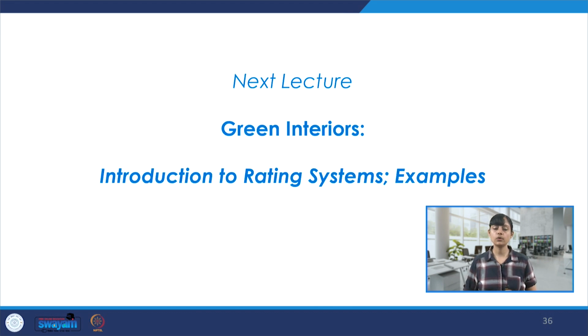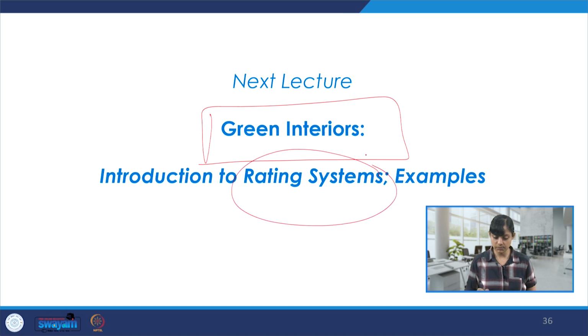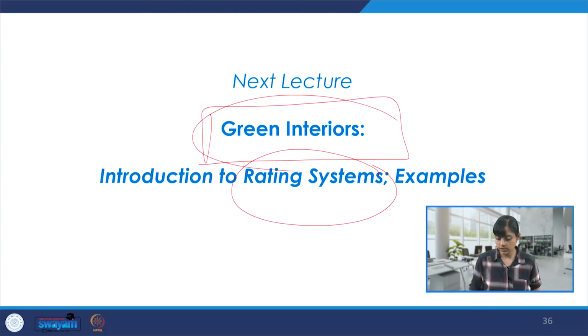So we are going to focus now on green interiors, which is a very interesting subject, very crucial. And we will focus a bit on rating systems. We'll see some examples. And within this, the entire protocols or methods in which the rating is done, and the interiors are designated as green, there is a very important role of materials and finishes, which we just saw throughout the week, and we try to understand the peculiar specifications, technical details and properties associated with these materials.